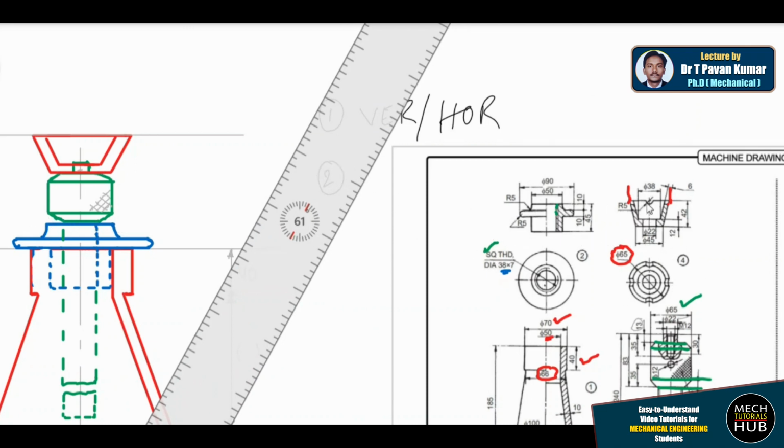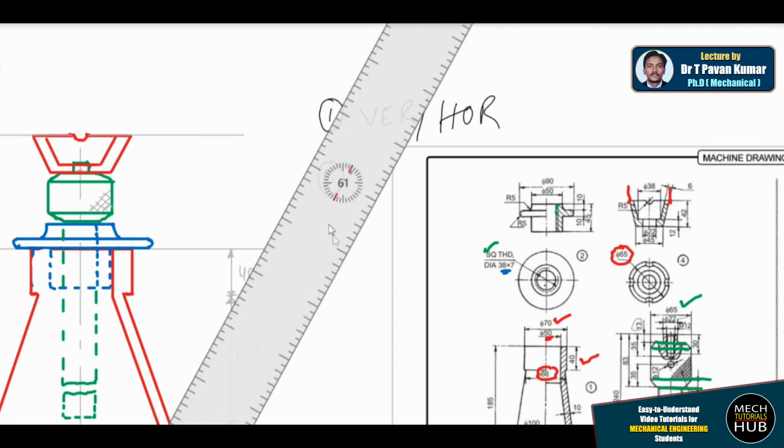And here you find a small radius of R5 in all the 4 cut sections, so that R5 I'll try to place here. You can make it with the help of a compass. Alright, this is how the part will sit, but this part is not fixed properly, whereas part number 3 is fixed properly because it is having threads. Here it is not fixed properly as it is not having any threads.